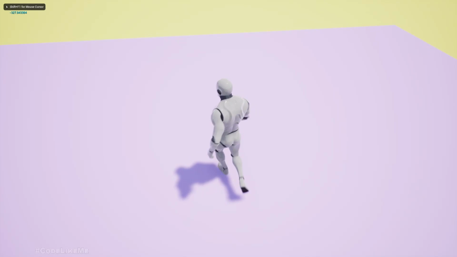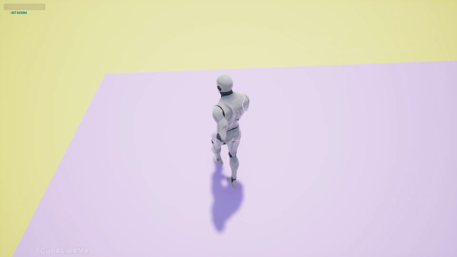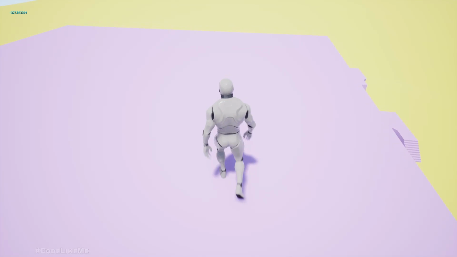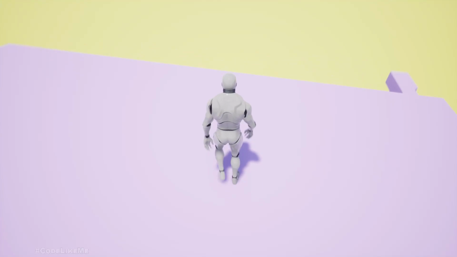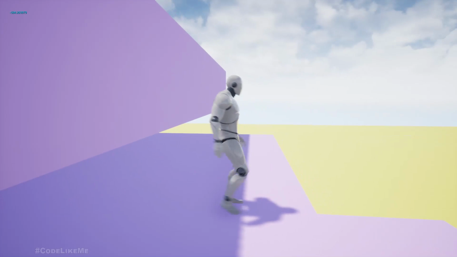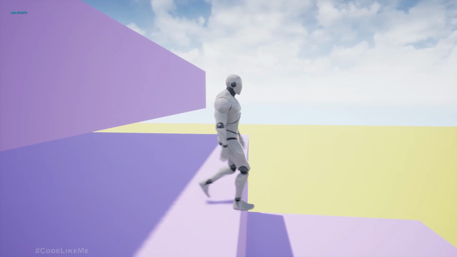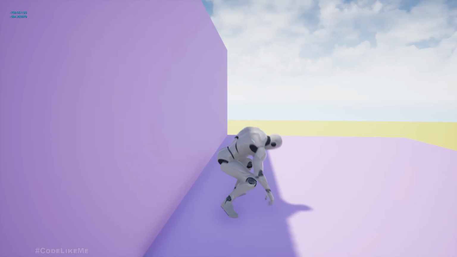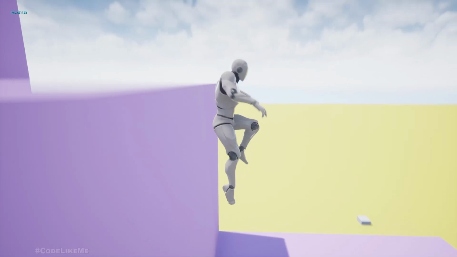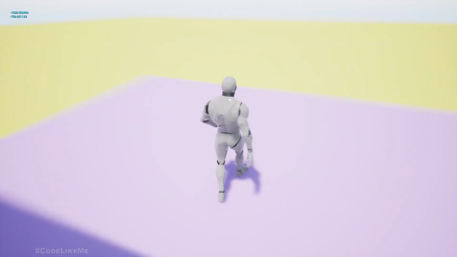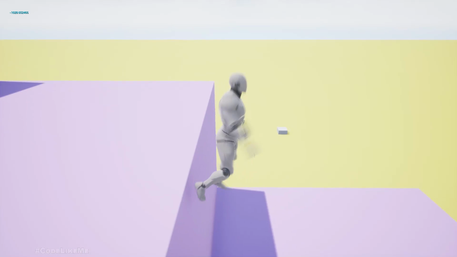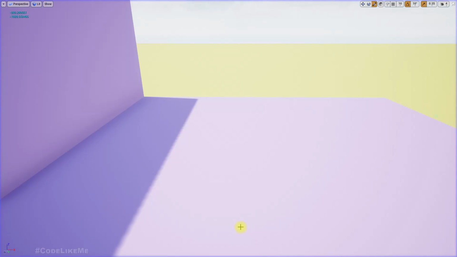So I had already implemented this. If the character falls from a short distance, short height, let me show you, like this, it will just do this, and if it falls a little more, it will do that. If it falls a little more height, it will do a rolling like this, and if we go more than that, it will just fall flat.